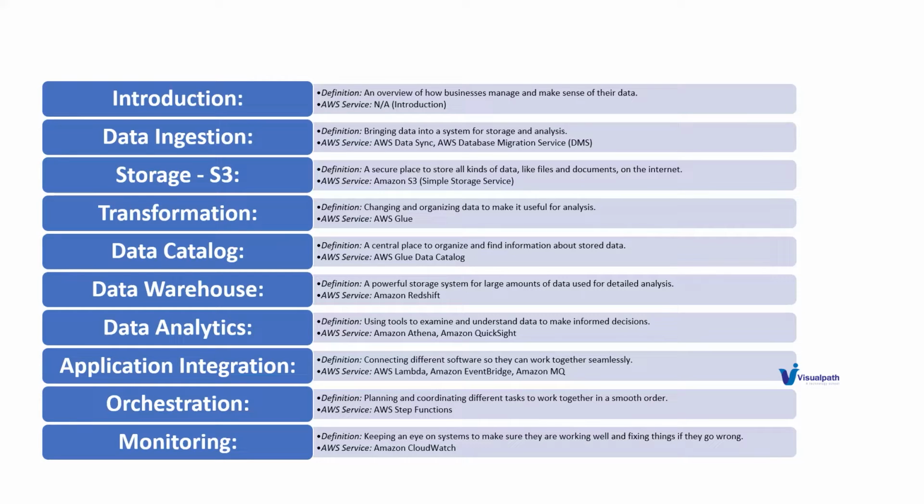For the purpose of effective reporting and analysis, we have services like Amazon Athena and Amazon QuickSight. These are the two tools that we are going to use for this purpose. Finally, to integrate all these things, we'll be focusing on application integration, that is nothing but your Lambda, EventBridge, and MQ series. We are going to use them here basically.